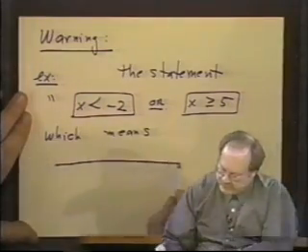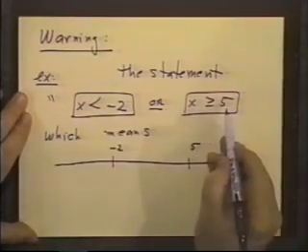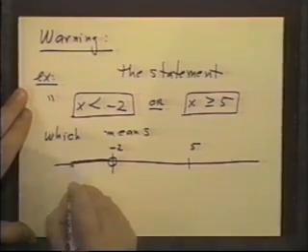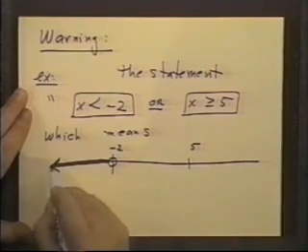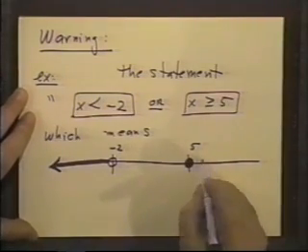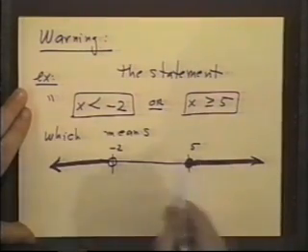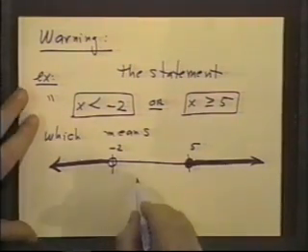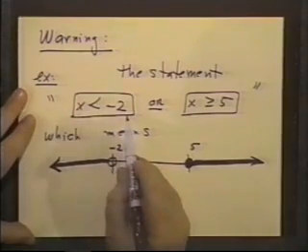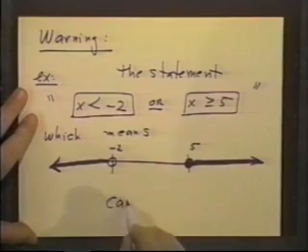Which means what? Well, it means, let's see, there's the line. There's -2 and there's 5, because -2 and 5 are the two numbers I'm interested in. Less than -2 means that we do not include -2, but we can go less than that, any number less than that, which would be all of these. X greater than or equal to 5, we do include 5, and we go to the right, any number that's greater than that is allowed. So this set is a set in two pieces. Okay? This statement, I'm sorry, I forgot to put the end of my quotes there. The statement x less than -2 or x greater than or equal to 5, which means this picture, cannot